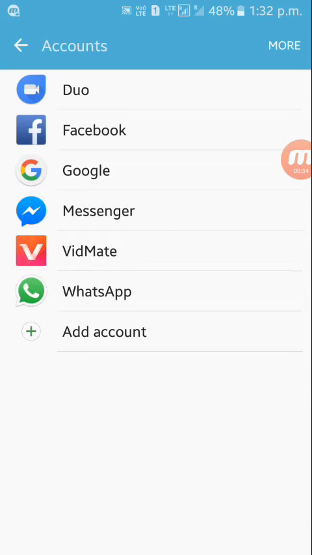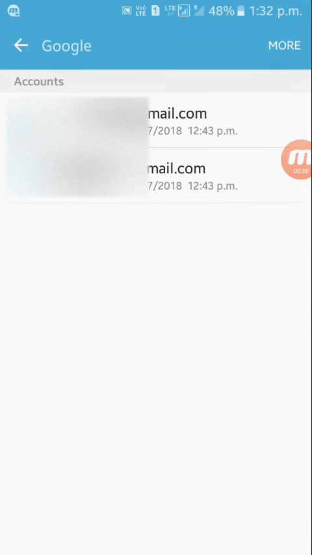Then you need to tap Google. Now you will be able to see the email accounts associated with your Google. Now you need to select the desired email address which you want to remove from your smartphone,